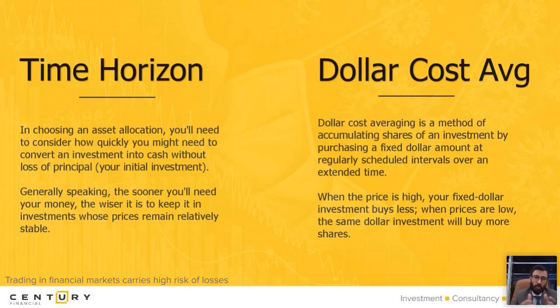So dollar cost averaging means that if you want to invest $100,000 into, say, Walmart, and you see Walmart prices are high right now, but you don't know whether it's high because it's an all-time high, so it can go up further. It may not come down, so you don't want to lose this opportunity, but you have $100,000. What do you do? You use the dollar cost averaging method, divide that amount by 3, 33,000, invest now in Walmart.